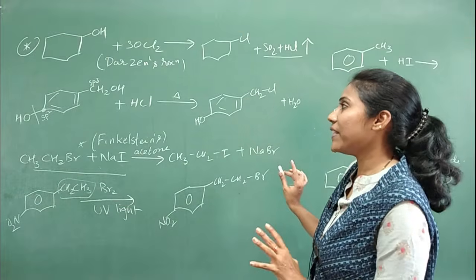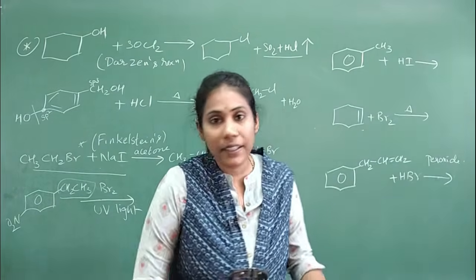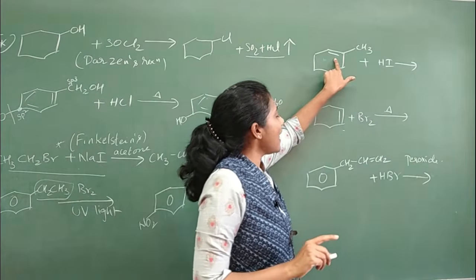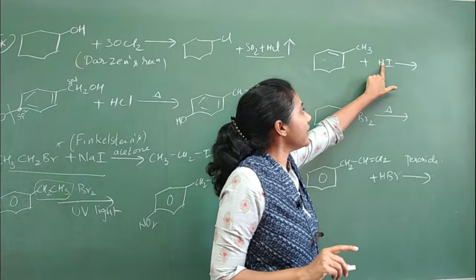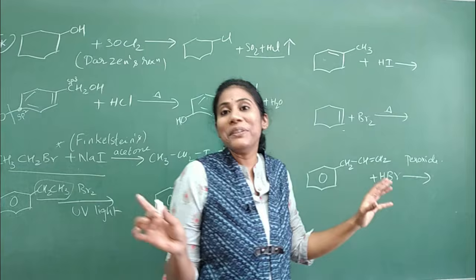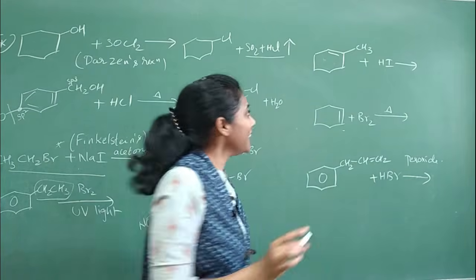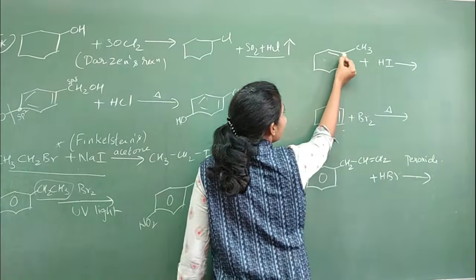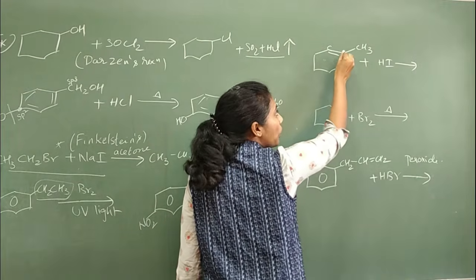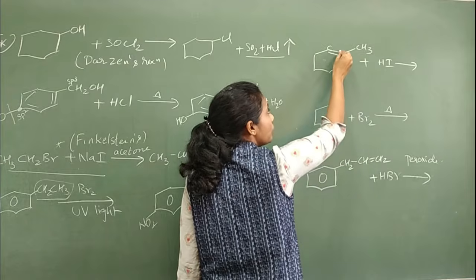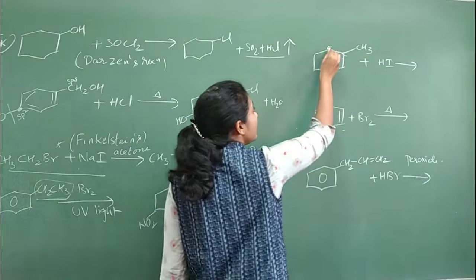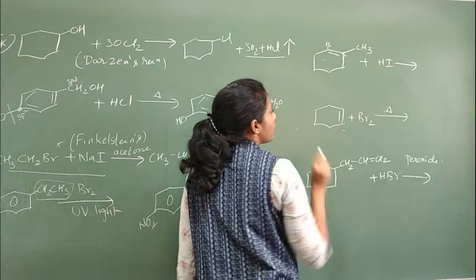So these are some very, very important questions. Let's look at these questions also. Look at this, guys. This is an alkene, right? And you are treating it with HI, right? So here the rule called Markovnikov's rule you have to follow, right? If you look at this, here is a carbon and here is also a carbon. This carbon does not have any hydrogen atom because 1, 2, 3, 4 bonds are already there on that carbon. Whereas coming to this carbon, you have one hydrogen.